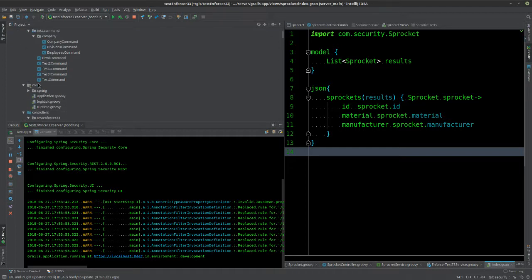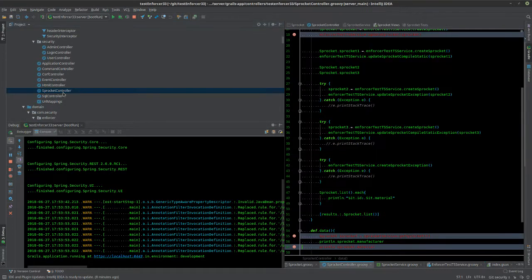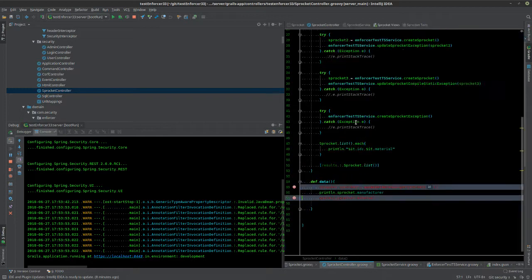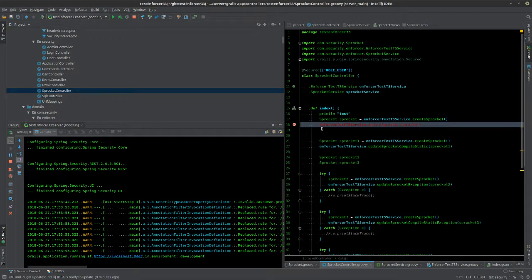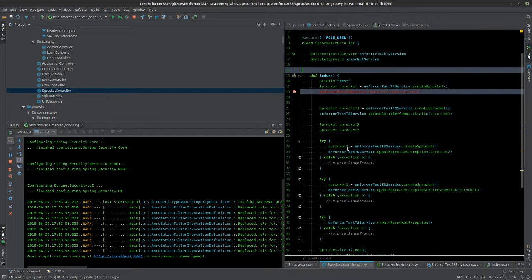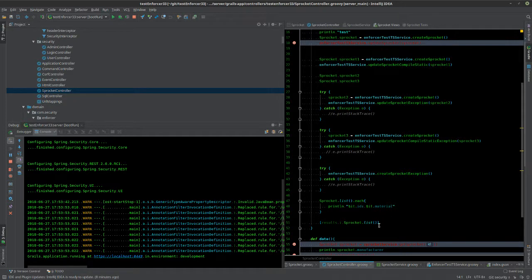And within the controller, let's see, where's my controllers? Grails app, command objects, controllers, I think Sprocket controller. With this, I'm just returning a map, which is my results, which is a list of sprockets. You can also use the render command just as you would with any of the GSPs.